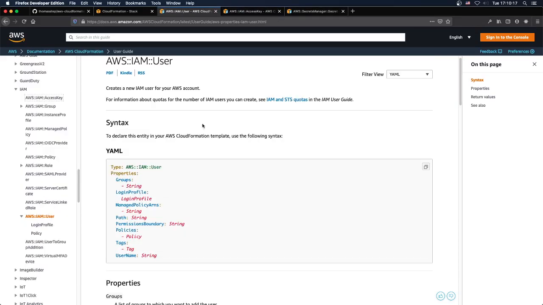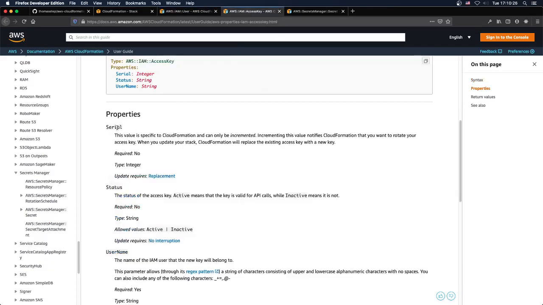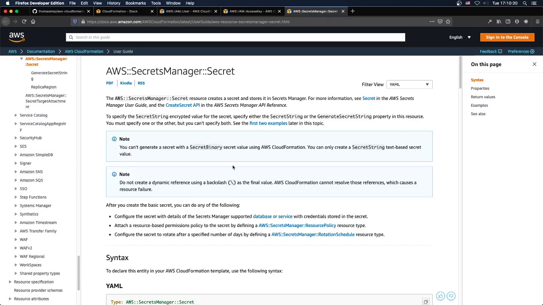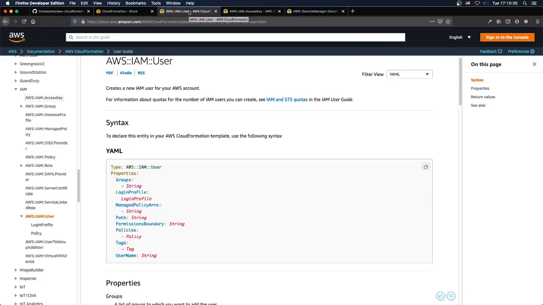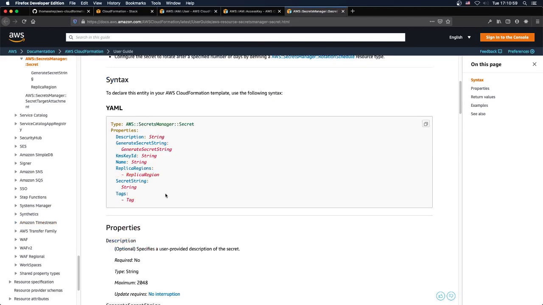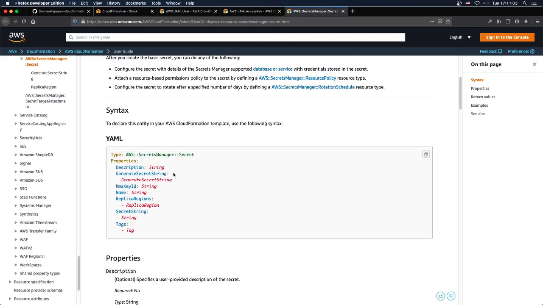I can create an IAM user, let's say for myself, or for some sort of automation, and then I want that access key to be easily rotated, and then I want to put that access key into a secret. And then the idea from there is that anytime I need to update that access key, like a 90-day rotation or a 45-day rotation, what have you, all that involves is incrementing that serial, deploying the template, and then going to Secrets Manager to grab the new credentials, the new access key ID and